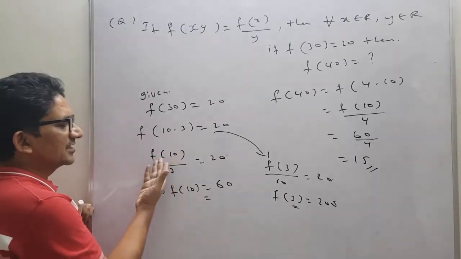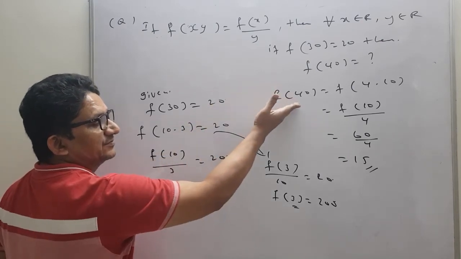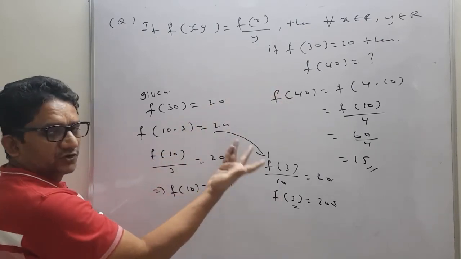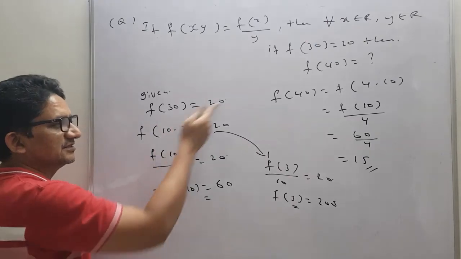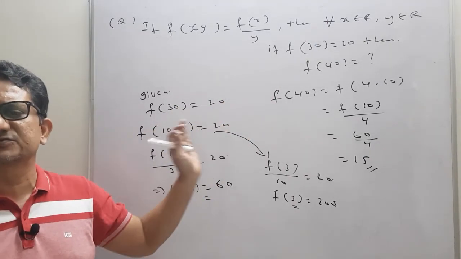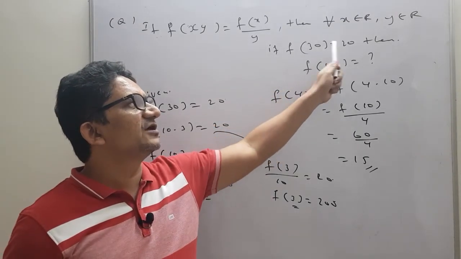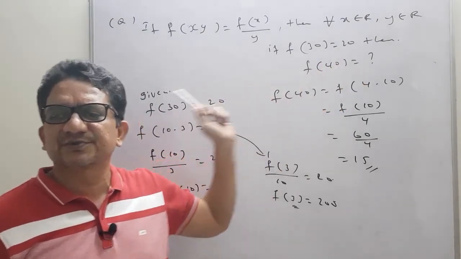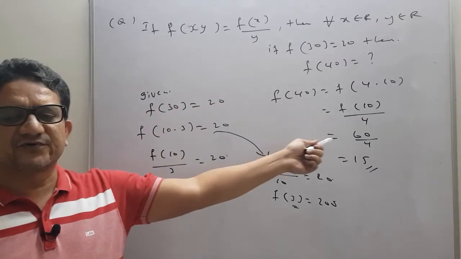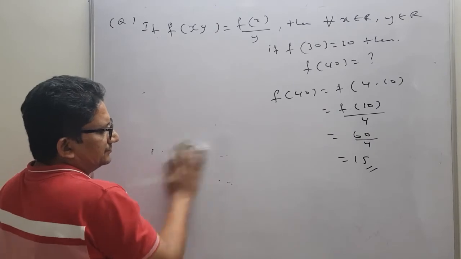Okay. So, we need to take a proper choice. The choice should be useful further. So, if you take it like this, no use. That is why I prefer this one. Not only this method, there exist so many methods to solve this. You can choose anything. The only thing is we need to utilize f of 30 equals 20. This method struck in my mind. I am following this. Students, if you want, you can try this type also.